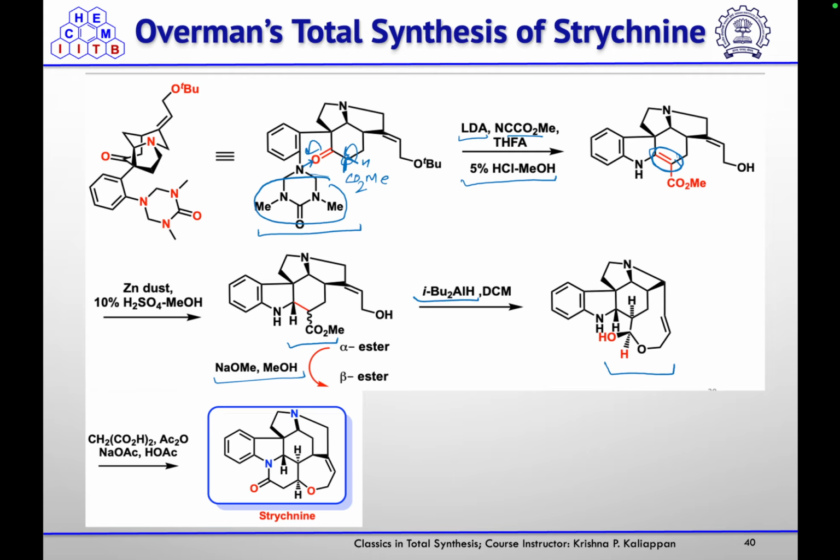Then, on treatment with malonic acid in the presence of acetic anhydride, this Wieland-Gumlich aldehyde could be converted to the corresponding strychnine. Here, the aldehyde will react with this acid to form the unsaturated ester. That ester will react with your amine to form the lactam, and that alcohol will react in a 1,4 fashion to form this seven-membered ring. In this way, they can get this strychnine.